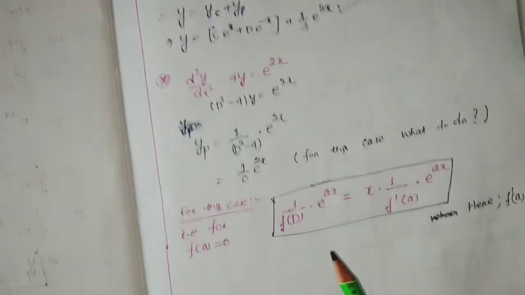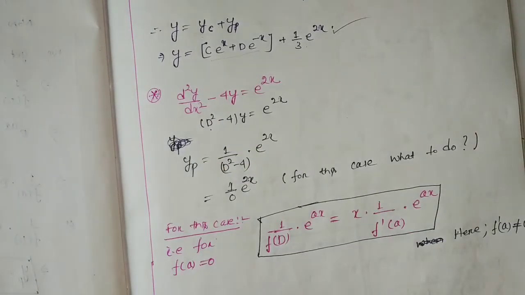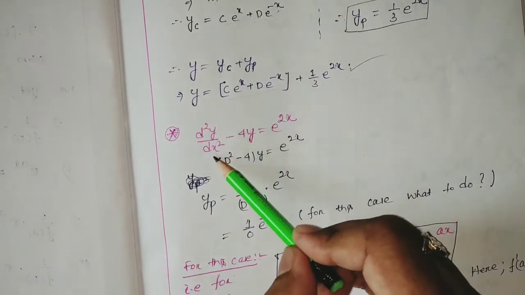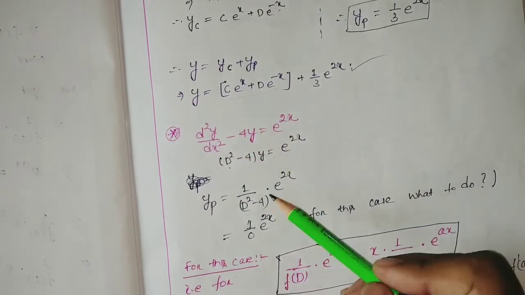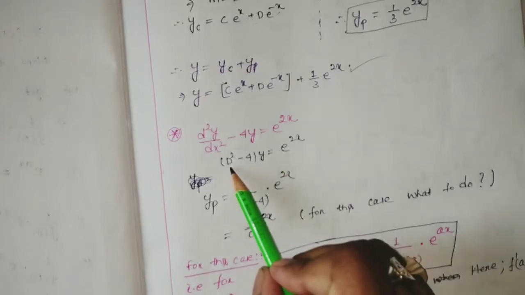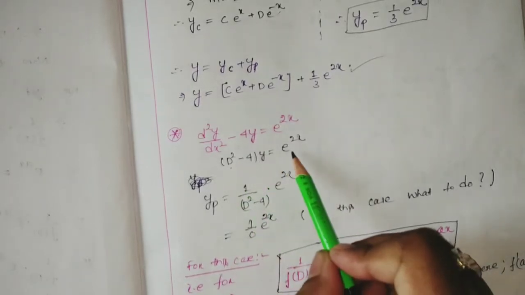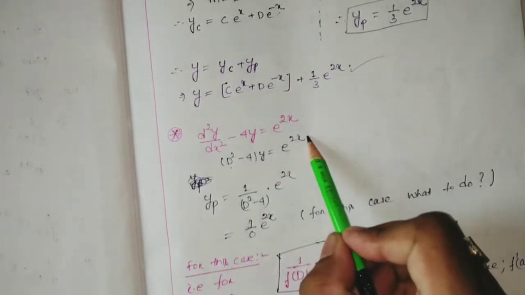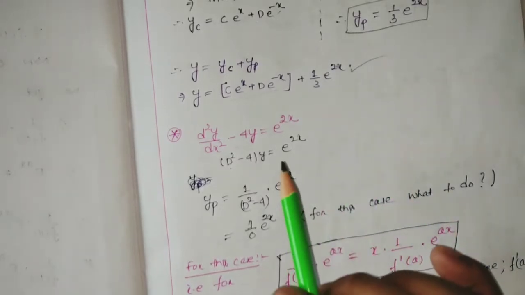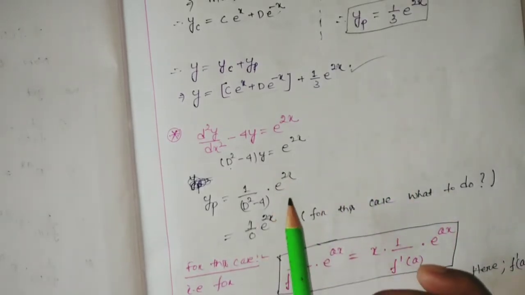Now we are going to go for another question. Here it is given, just modified: instead of y, we have 4y. So d square y by dx square minus 4y equal to e to the power 2x. Then (d square minus 4) y equal to e to the power 2x. Here I am considering only yp, only yp,